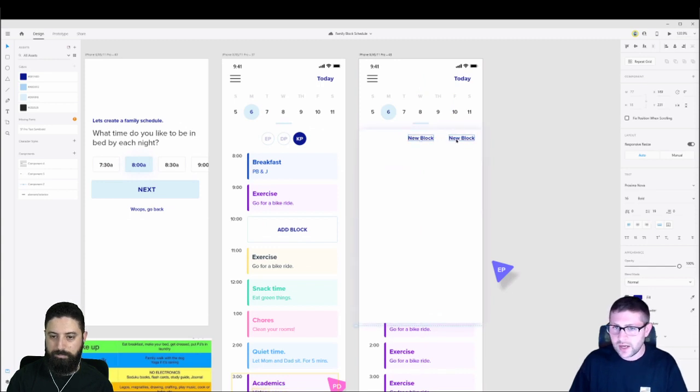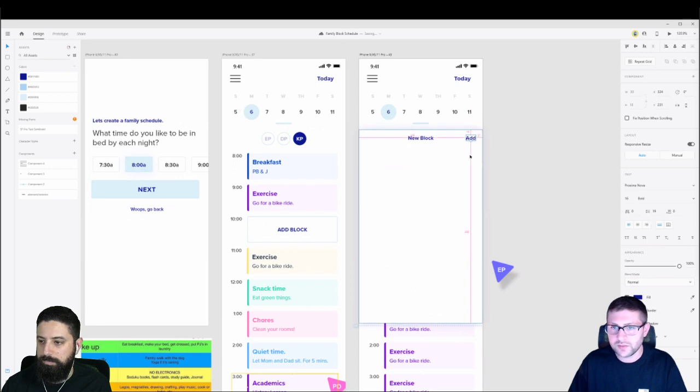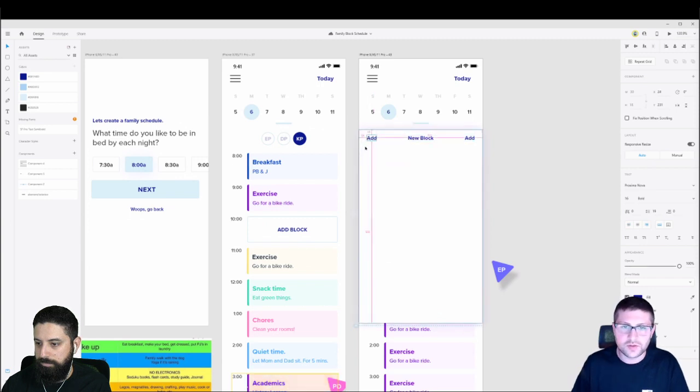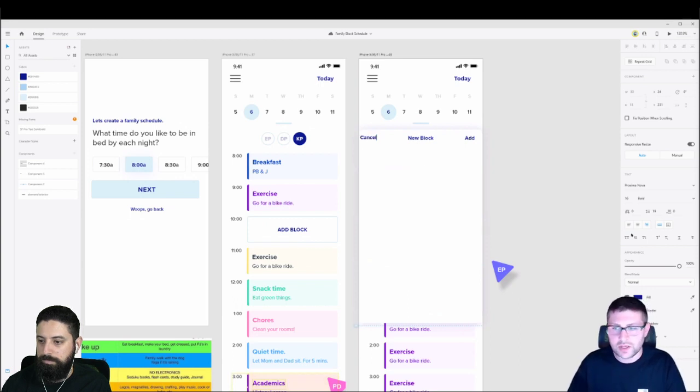So we've got the label at the top, new block. I want to add a button here so that we've got a way to submit that. I want to make sure that it is 24 from the edge, and now I want this to be right aligned. Let's do the same thing on this side, so we've got a way to cancel. We could always swipe it away, but this way you've got a very straightforward